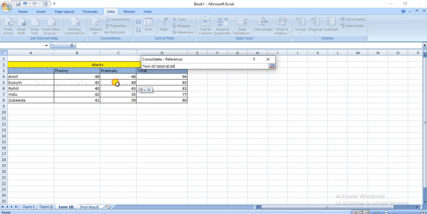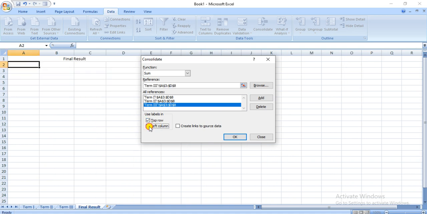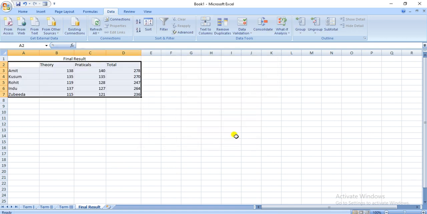Again select the range from A3 to D8 and again click add. So this is the last entry in all references. Now you have to tick the boxes use labels in top row and left column. Now simply click on OK.